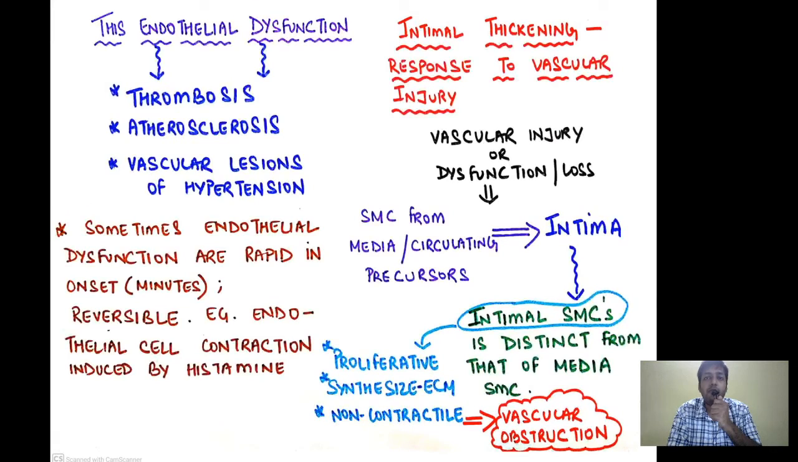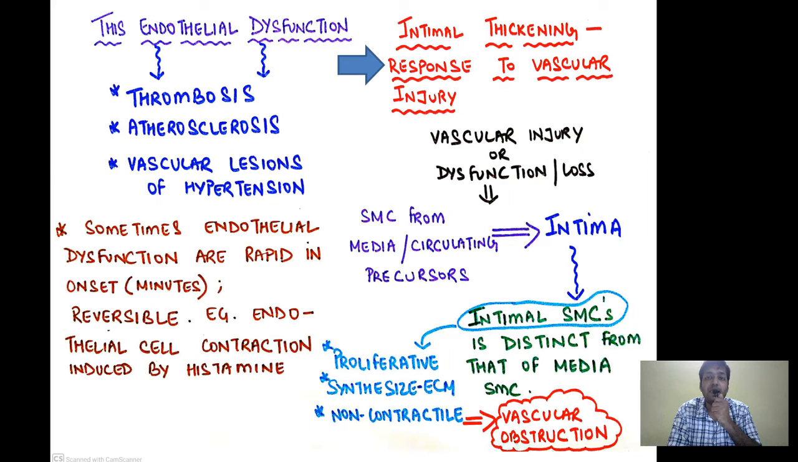Now, coming to a very important concept, the intimal thickening response to vascular injury. According to this theory, in short, whenever there is a vascular injury, the vessels are going to respond by increasing smooth muscle cell proliferation and extracellular matrix synthesis, which is going to increase the thickness of the intimal layer of the vessel. That will ultimately lead to narrowing of the vessel and sometimes can cause